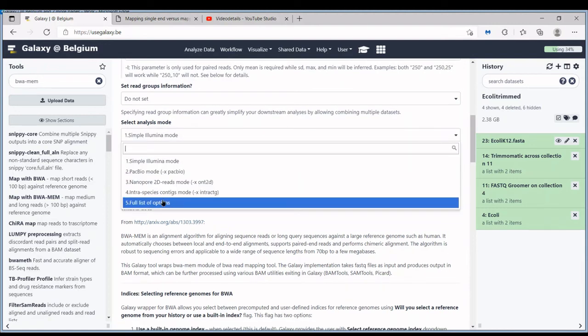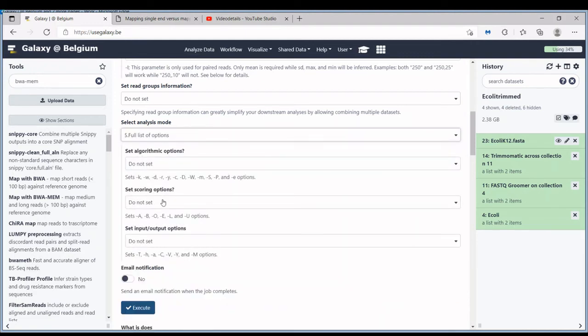I'm going to ask for the full list of options just to show them to you. So these are all the options that are related to the mapping itself. So BWA MEM automatically chooses between V mode and end mode depending on your data. So you don't have to tell it, it will decide itself. The parameters that you see here, all the different parameters, they are very similar to the typical parameters that you also have when you do a BLAST.